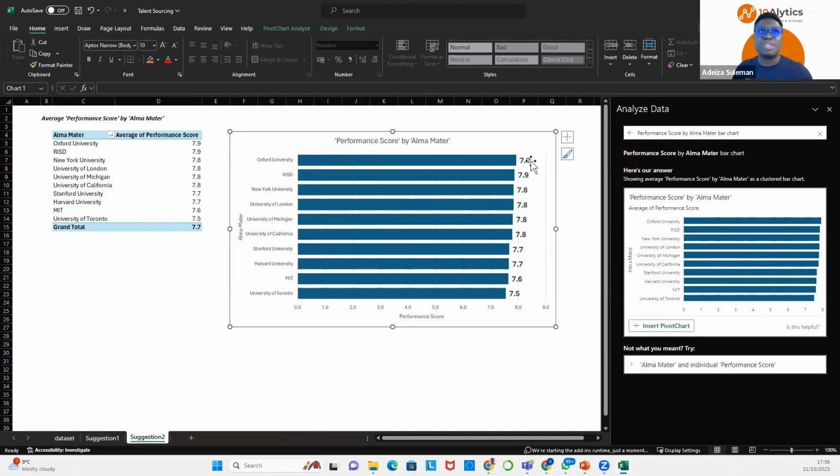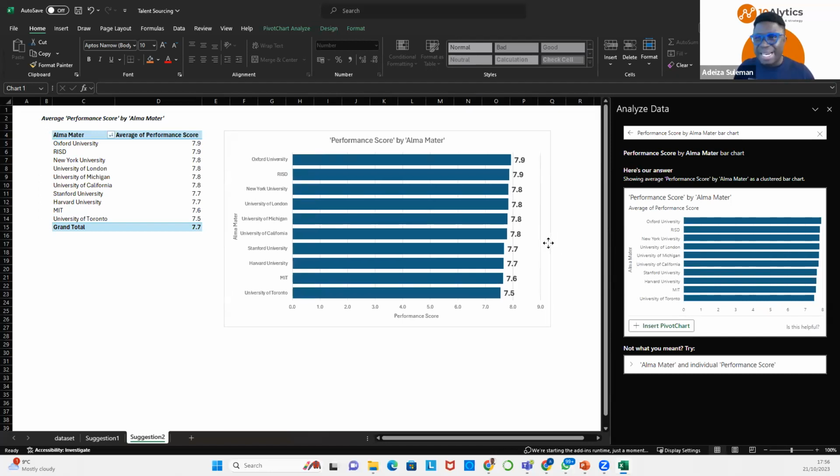Okay, so if you look at Oxford University, 7.9, RISD, 7.9, New York University, 7.8, University of London, University of Michigan, California. So they're very close. So university really doesn't make much of a difference when it comes to our talent recruitment strategy. So we might really not take that into consideration, okay?